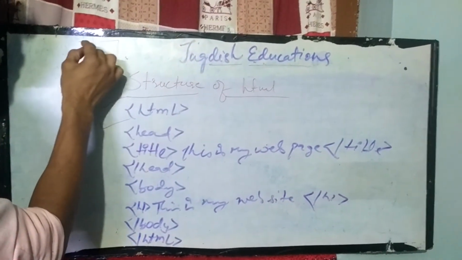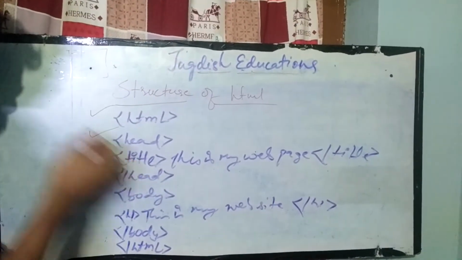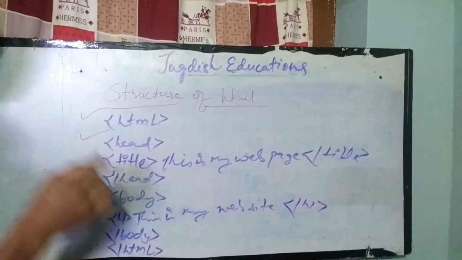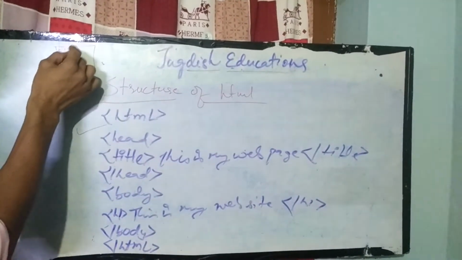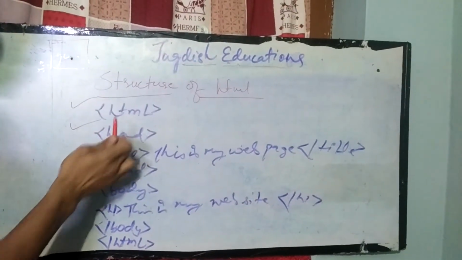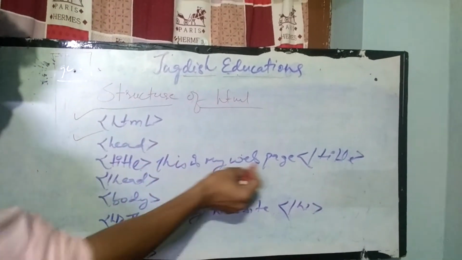web page, here they will be showing the IP address or web page name, and then some body will be there, like this is Geeks for Geeks. Okay, something will be there. So here they will be showing the IP address or web address. So that is nothing but our head section. In this head section it will be showing this is my first web page.